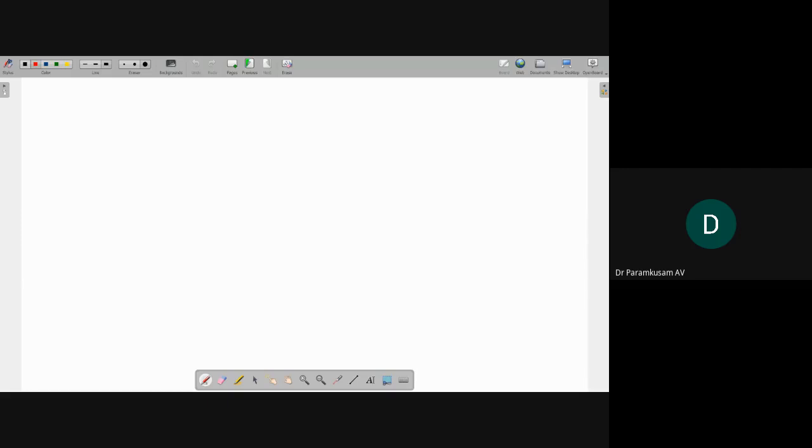SNR becomes maximum if root over Sn of f